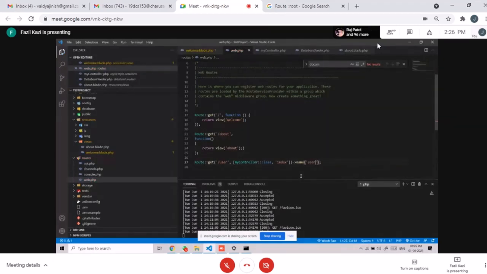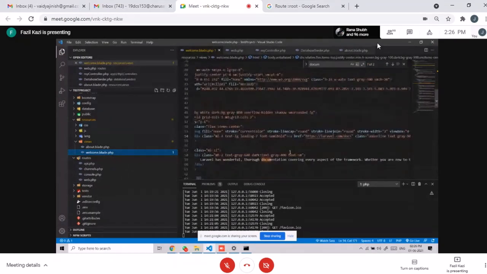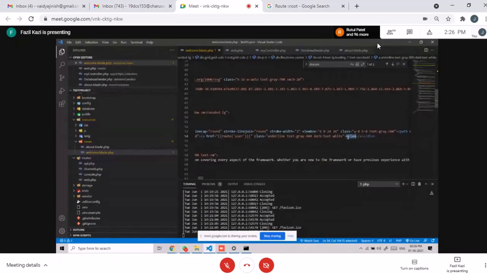So whenever we want to call it by the name, you can do it like in this welcome blade. Instead of this documentation, we are going to call the view from a route method. The route is user, and here we'll give it about.